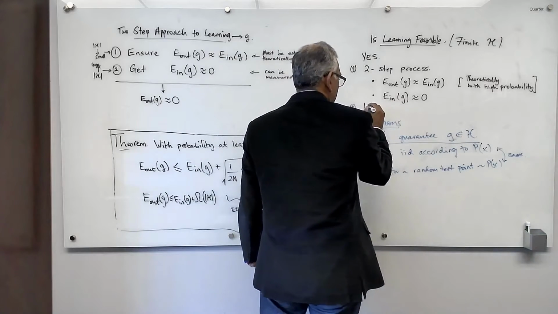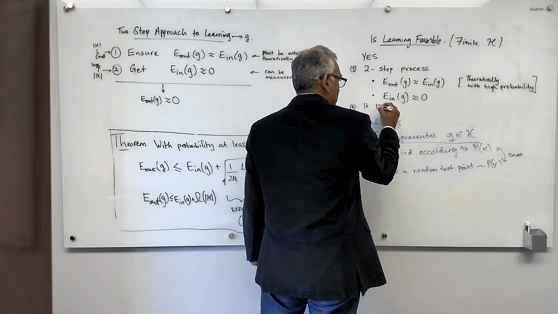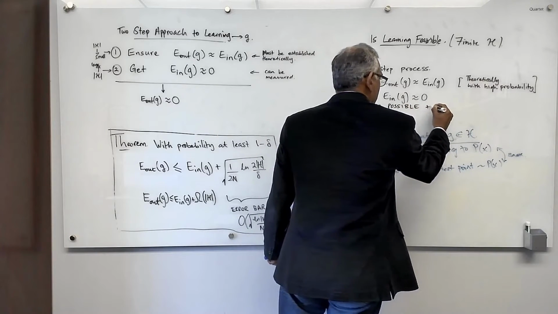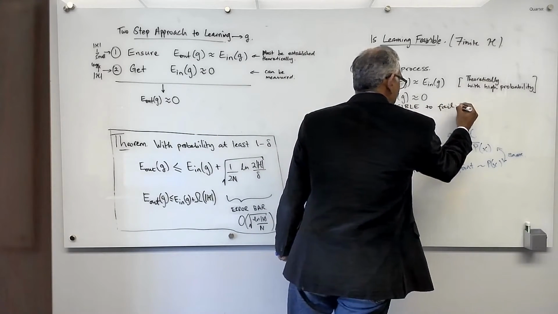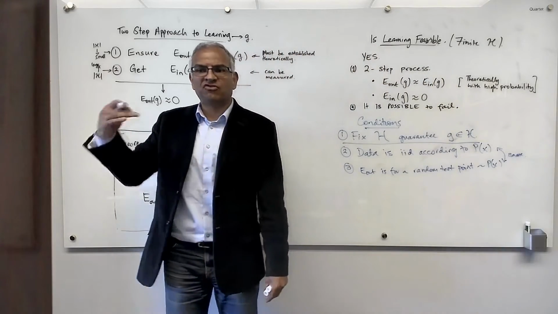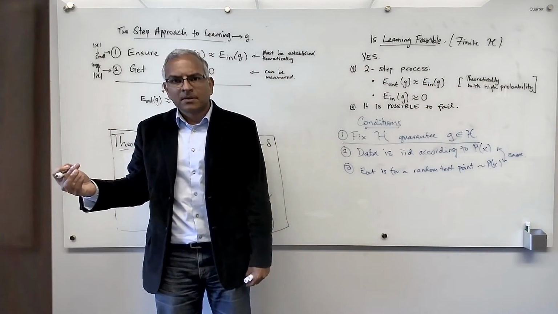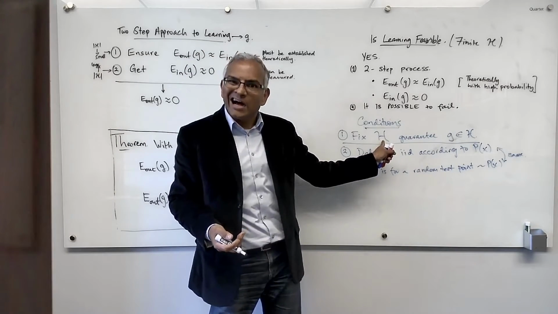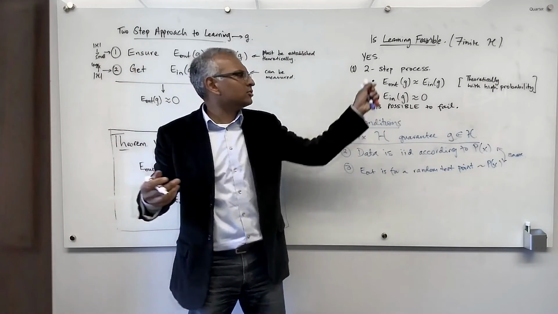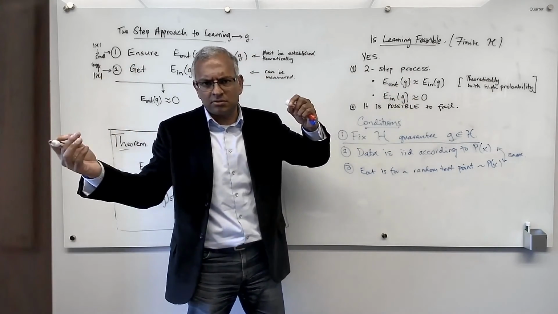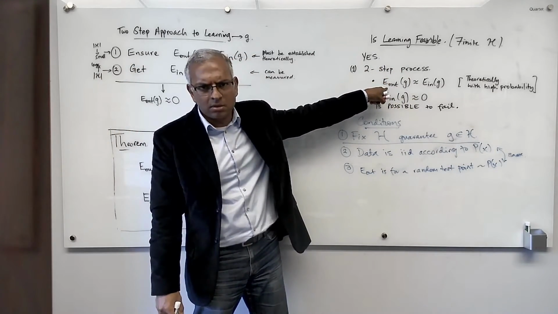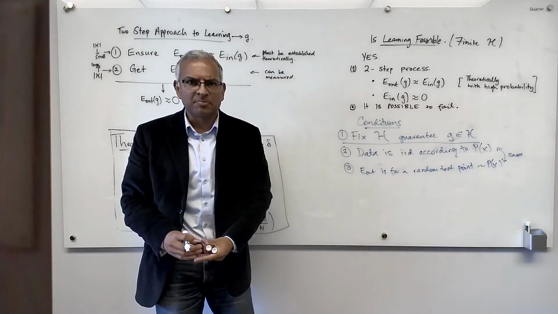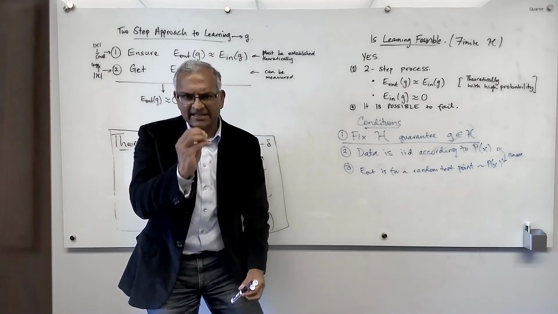So it is possible to fail. And in fact, it must be possible to fail if you are to be able to learn. Because if your hypothesis set is too large, in which case it's not possible to fail, you will always get E_in close to 0. You cannot get E_out approximately equal to E_in. You will lose control of the first step of learning. So it has to be possible to fail.